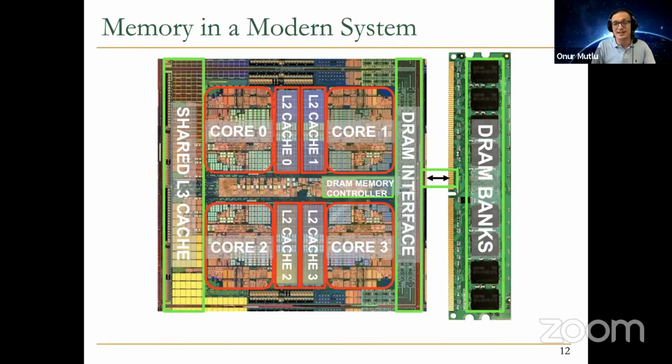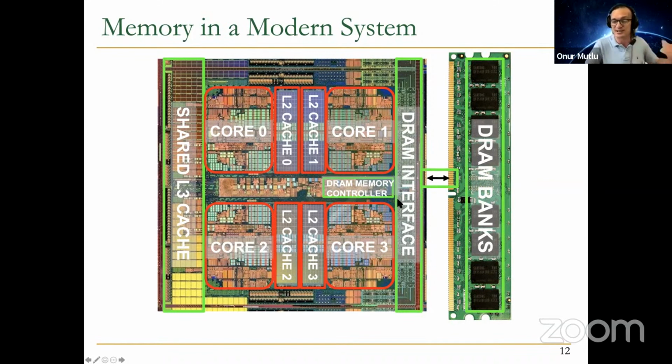So memory is dominant in a modern system. If you look at a system like this, circa 2006 AMD Barcelona, you have cores, only 4 cores in the system, as you can see, but the rest of the chip is really dedicated to memory, almost all of it. Caches, even cores. Cores have L1 caches, register files. These regular structures that you see over there are memories inside the cores. But outside the cores, you have caches, interconnect, other caches, other interconnect, memory controllers,